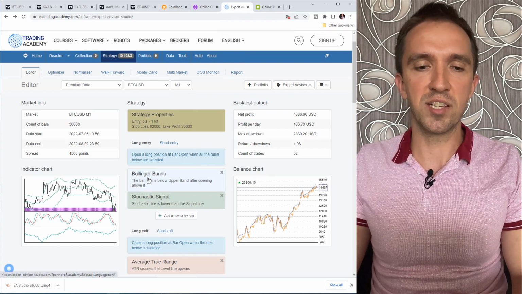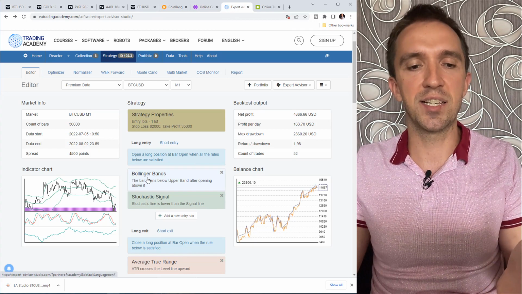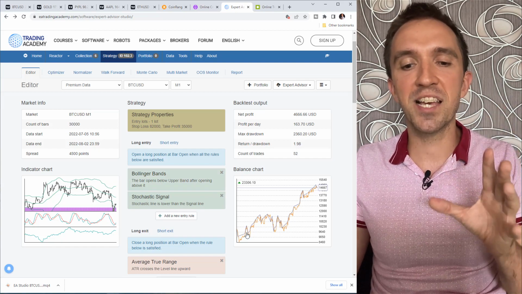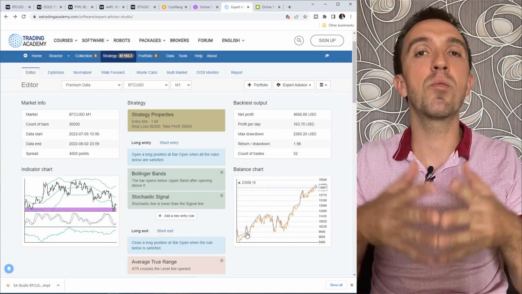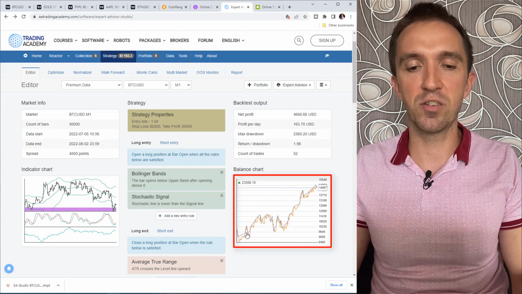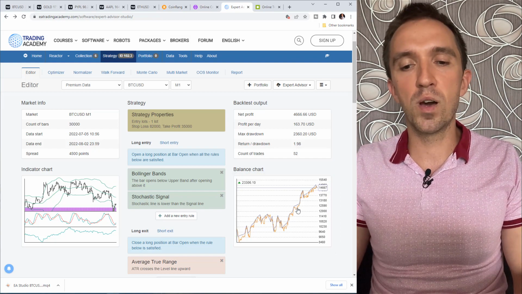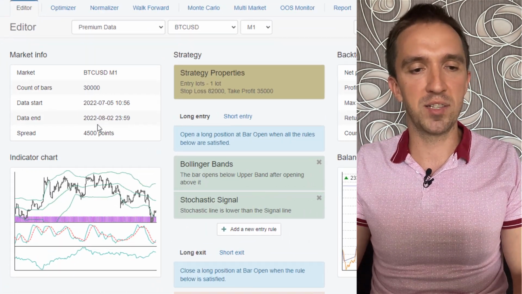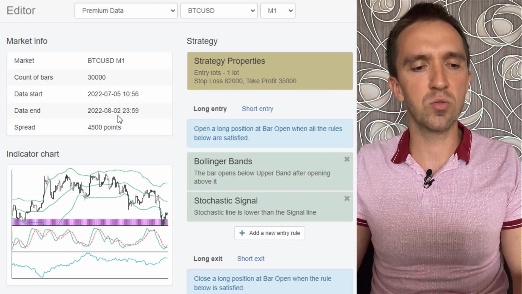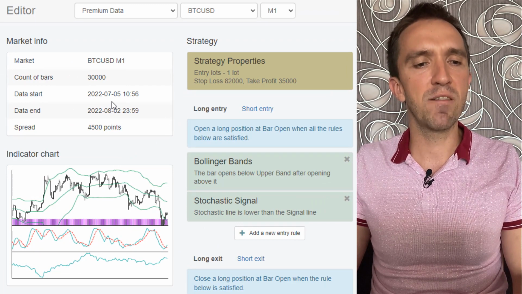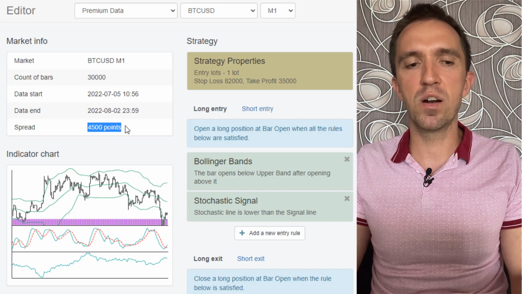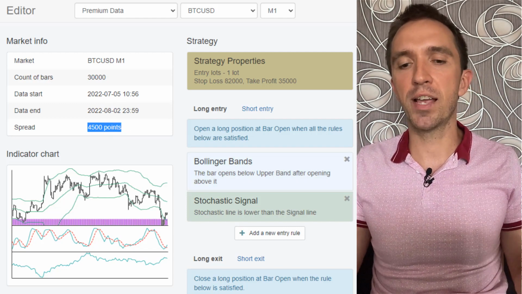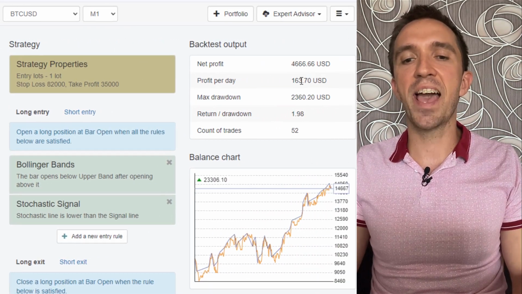Now, let me explain the strategy for the 1 minute time frame. I will stick to AI Studio because it's very visual and we can see a nice backtest. For the beginners, the backtest shows the performance for the last month in this case, or the performance for a certain period of time. And you can see that this strategy did really well in the last 1 month. Today is 2nd of August, or actually already 3rd of August, and I have been testing it since 5th of July. I have synchronized the spread with my broker and all the costs we have, and you can see that this robot does an average of